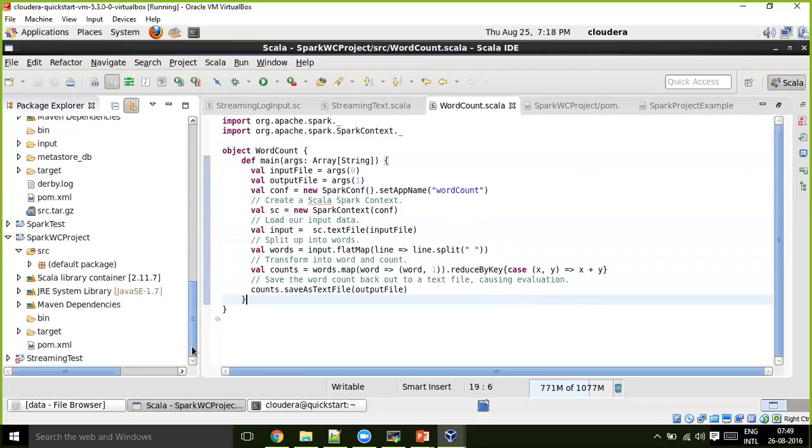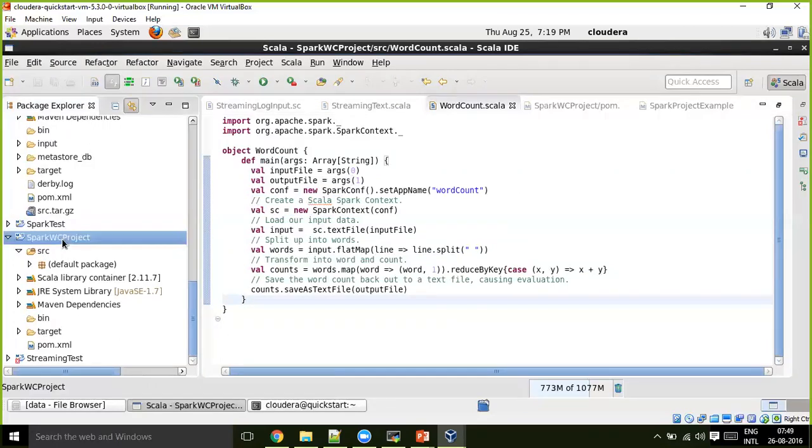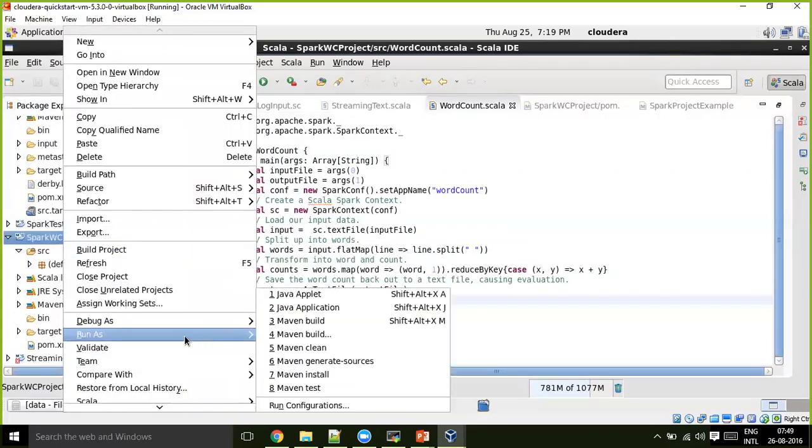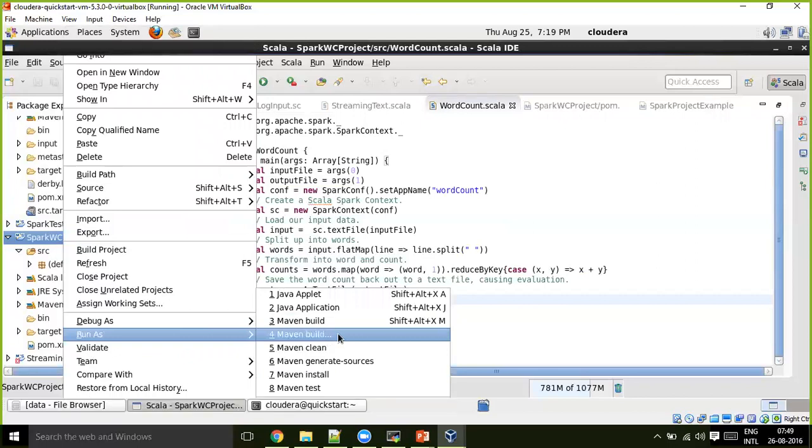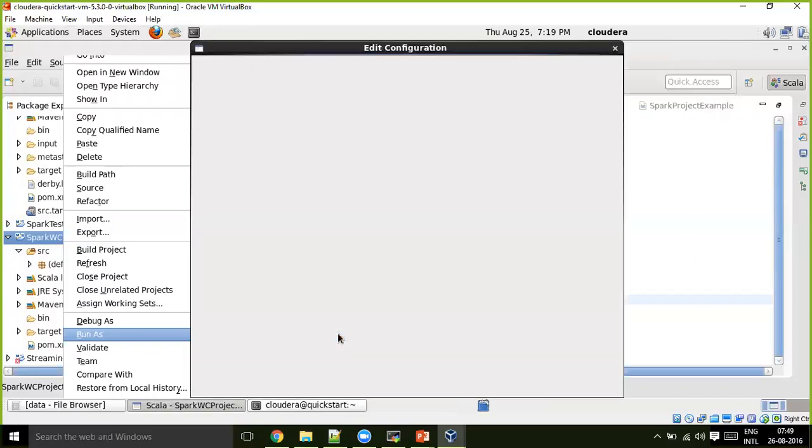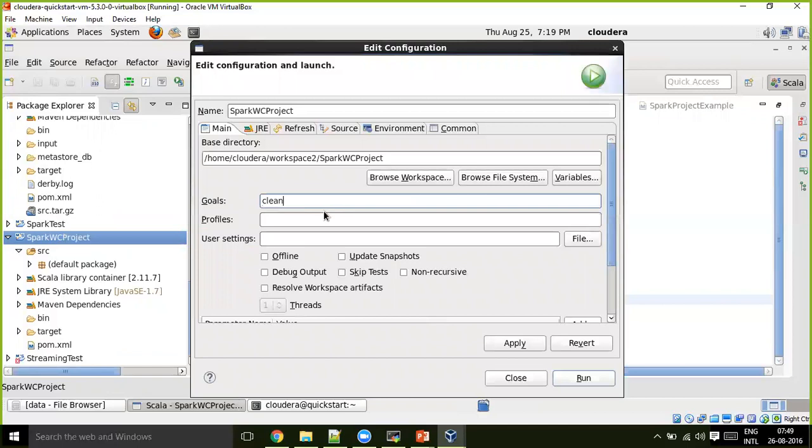Now, if I build this, run as Maven build, do a clean install of it. Clean install means it deletes anything that is already present in the target, then recompiles all the programs in your project and builds a jar after compiling all those.